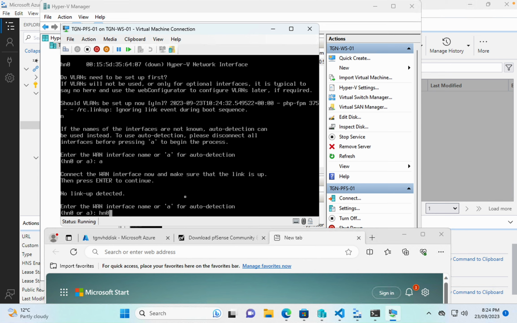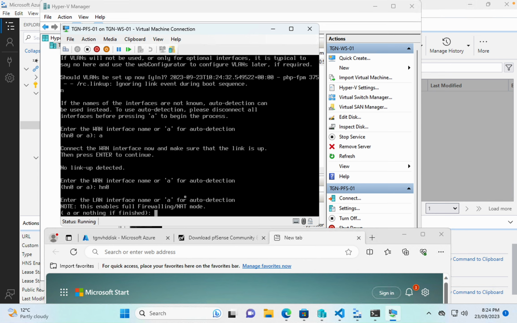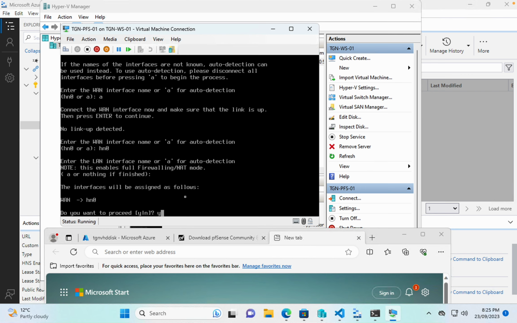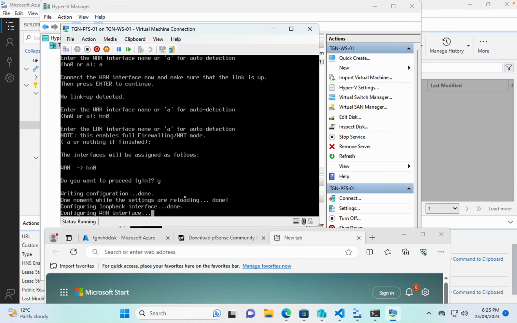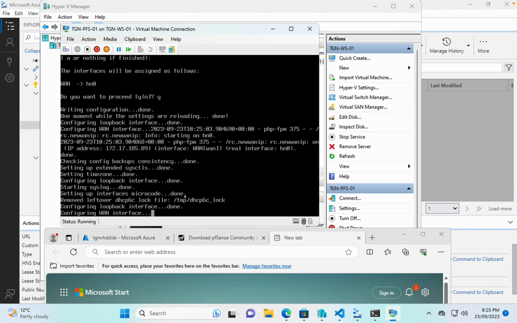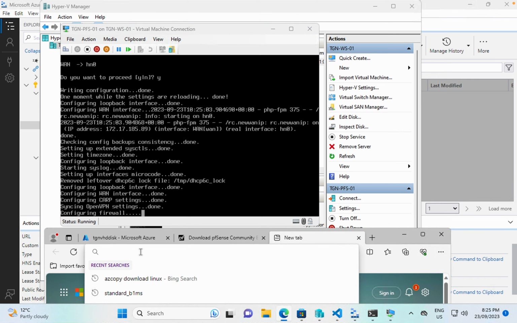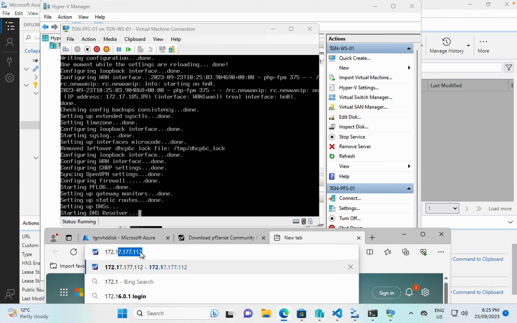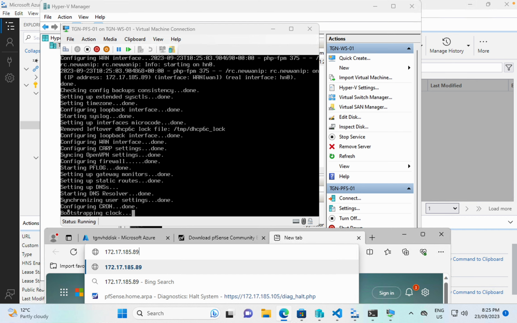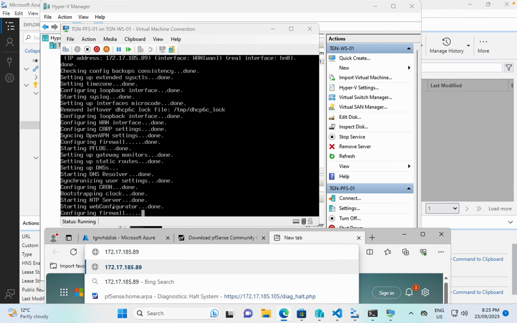Okay, so I'm going to go hn0 and then go yes. So now it's obviously pulled an IP address from the Hyper-V DHCP service, so we want to put that in. 172.1.7.185.89. Now I've just entered that into the browser, but we do need to wait because it's starting up services that are needed. When it gets to web configurator, it'll have started the web server,